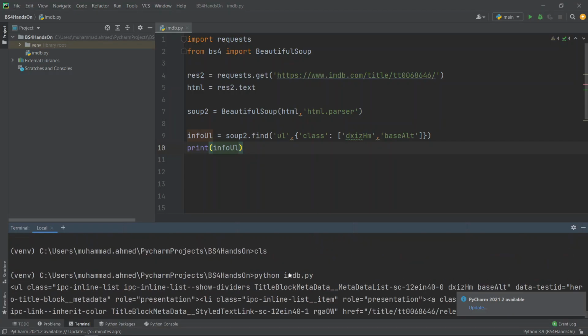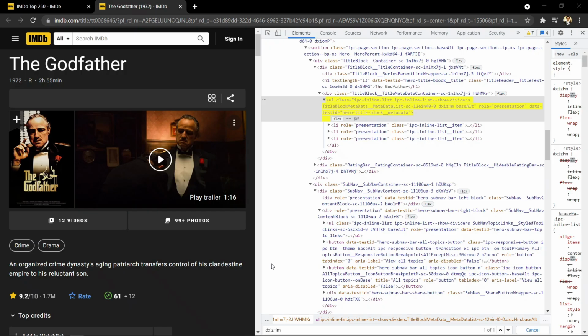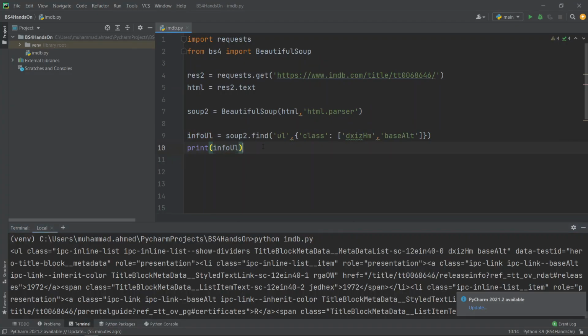we are getting the information, and inside the UL you can see that we are getting this UL, and then after the UL we are getting the list elements. Now we will refer to these list elements, and we will try to extract this over here, the movie duration. So for that, if we go for info UL dot find all,